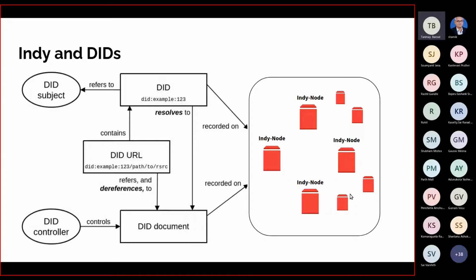And to give you a better picture, this is how it might look. It is not a single server running the software somewhere. It will have a bunch of Indy nodes, which will ideally be independent authorities running the individual Indy nodes, and all these nodes together will form the Indy network. Then users can query this Indy ledger, query the deeds stored on it, or store new deeds, through these Indy nodes connecting to the blockchain.